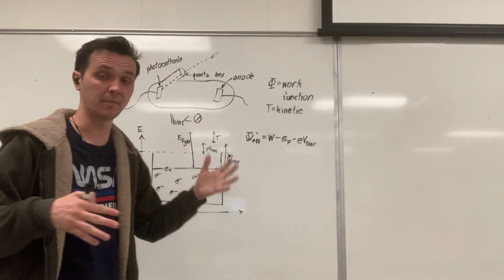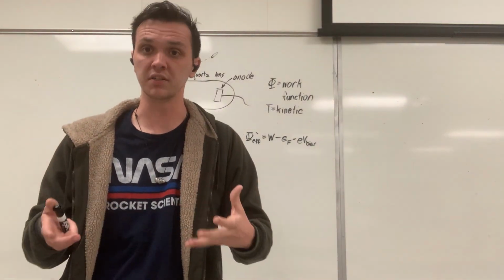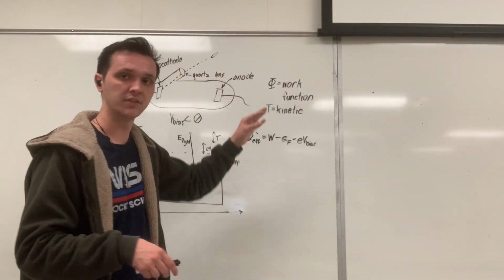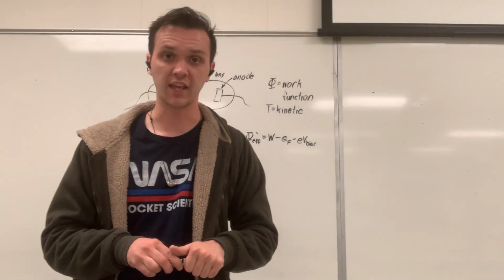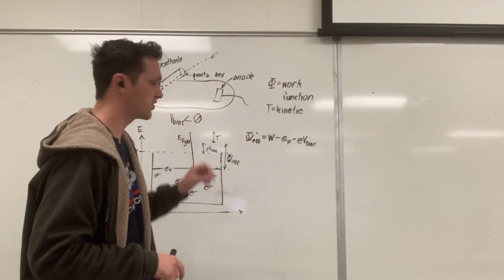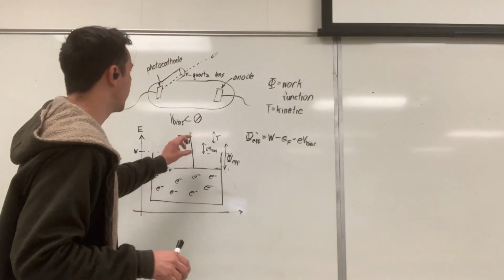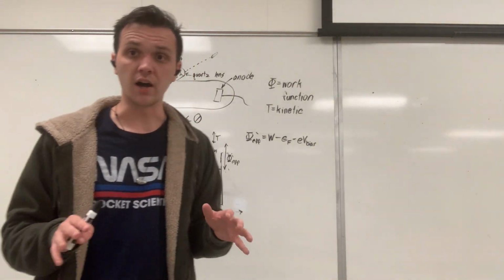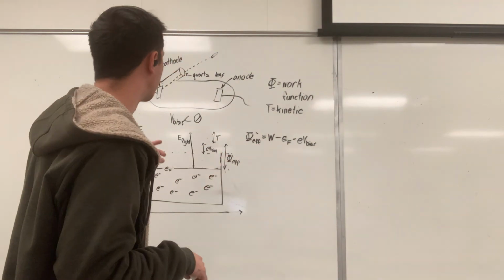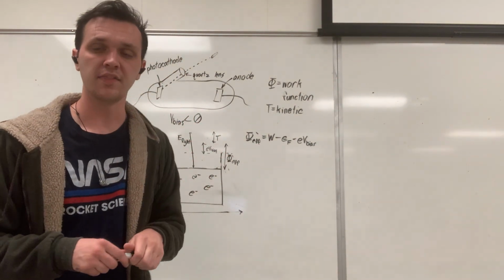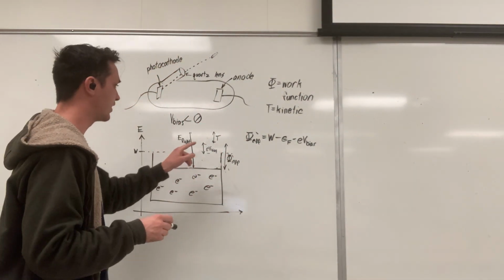The thing that I've been measuring in this experiment the whole time is current: how many electrons are escaping from the photocathode to the anode. And if I raise this bias voltage sufficiently such that it totally shuts off the current,